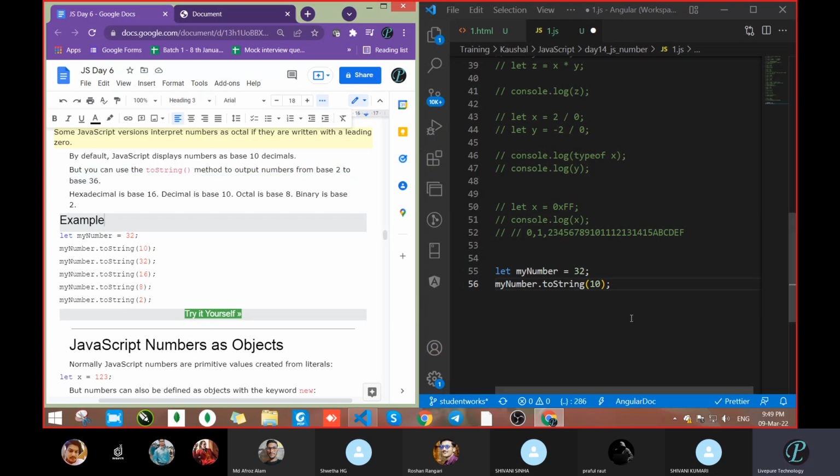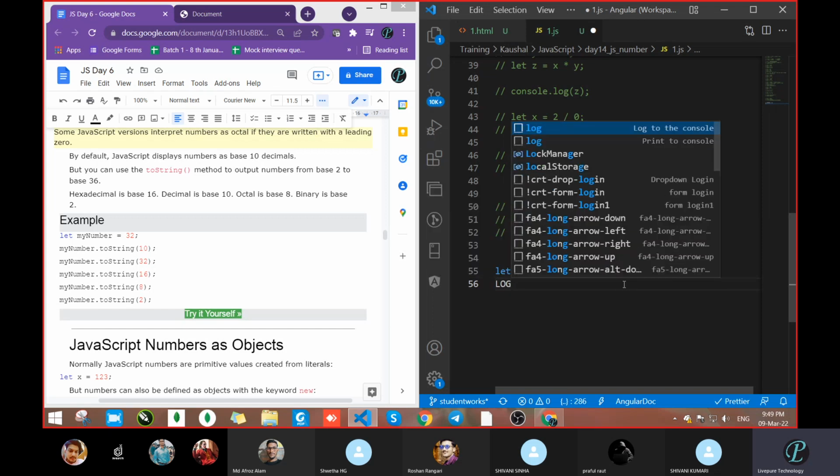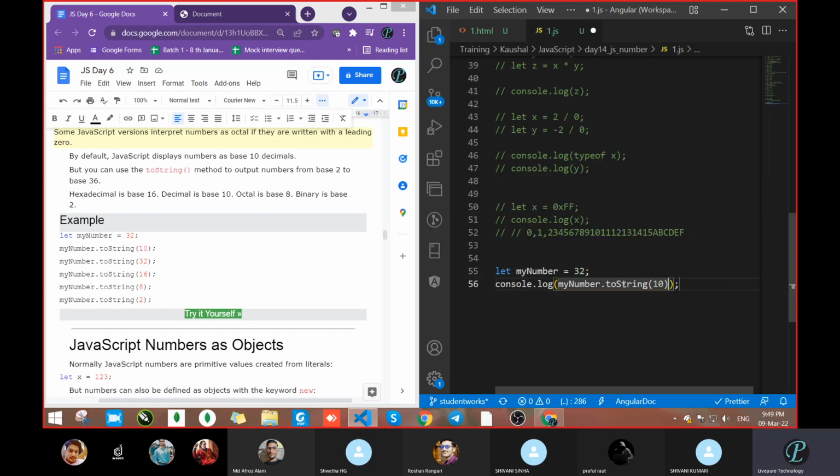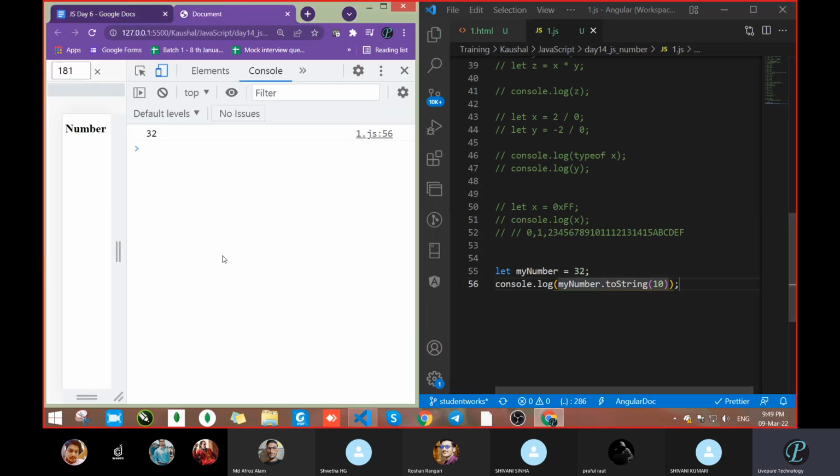You pass to toString the base you want, whether 10, 32, 16 or 8. So it will give you the value. Let's see what will be the output. For this, you have to study the digital electronics parts. Then you will get it. So it is giving you the 10. Now go with a 2.